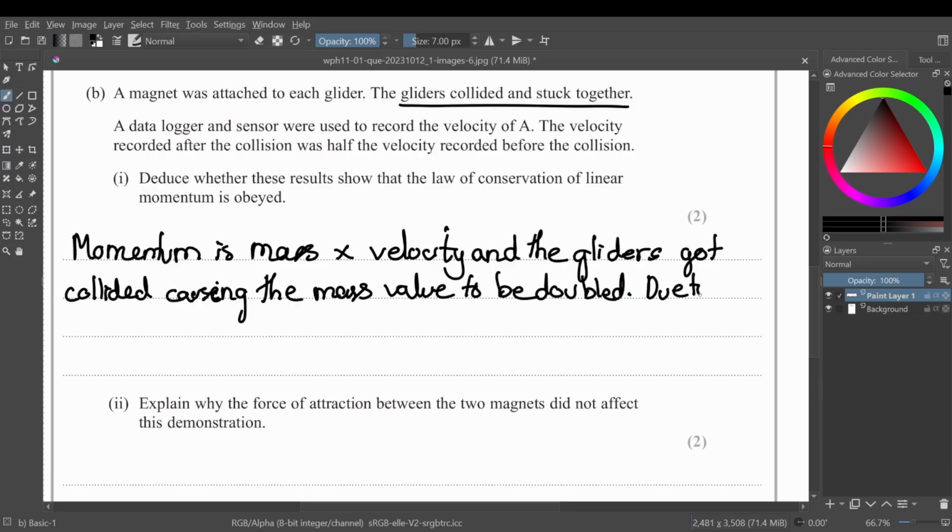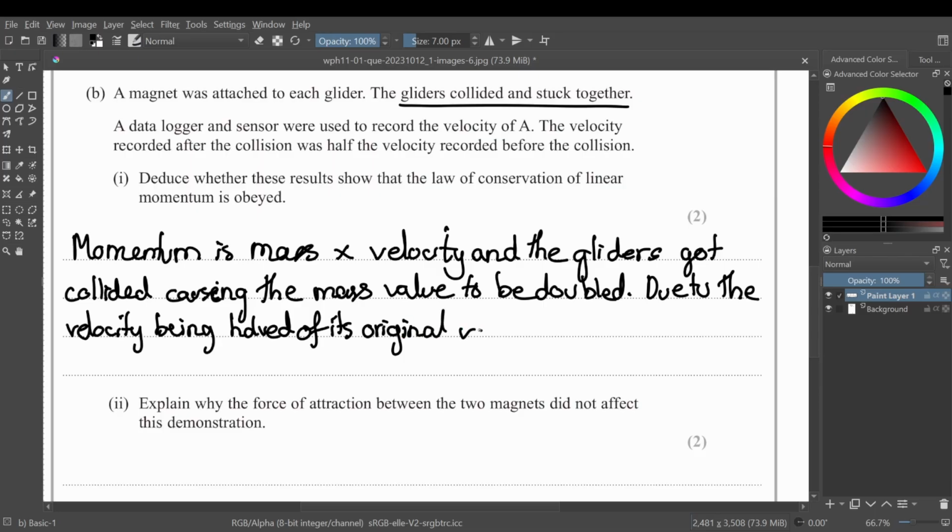Due to the velocity being halved, due to the velocity being half of its original value,